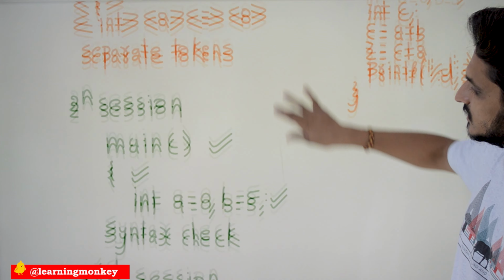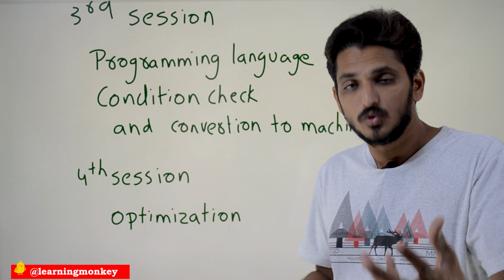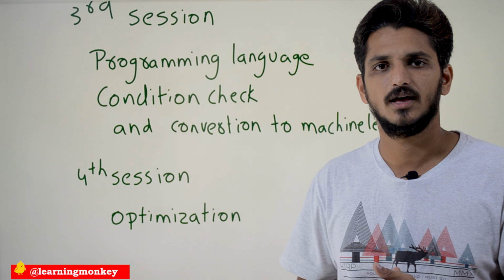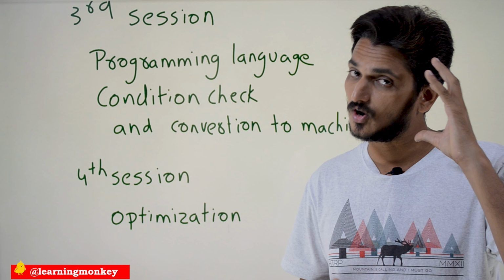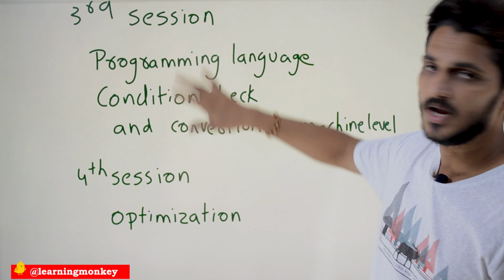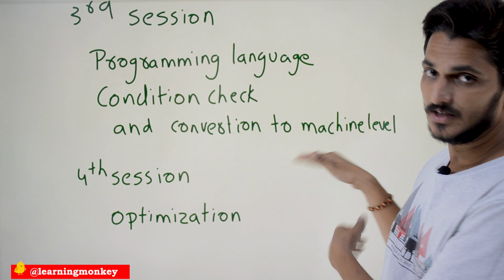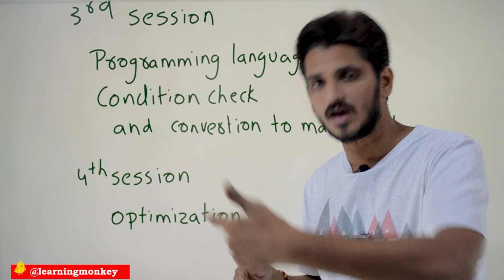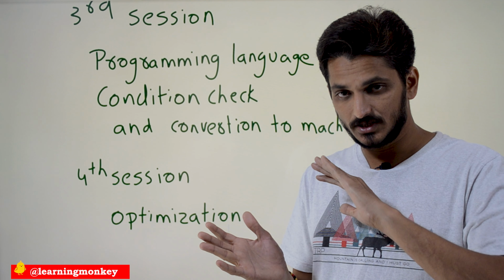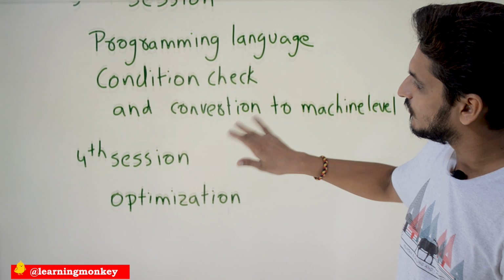So in the third session also, from the theory of computation, context-free grammar is going to be used to identify those conditional checking and type checking, all those things. So that's why context-free grammar and finite automata help you a lot in understanding the concepts of compiler design. After that, how this high-level programming is converted into machine level. This is also done using the context-free grammar. The same concept. Once this high-level programming language is converted to machine-level programming language, the fourth session is going to